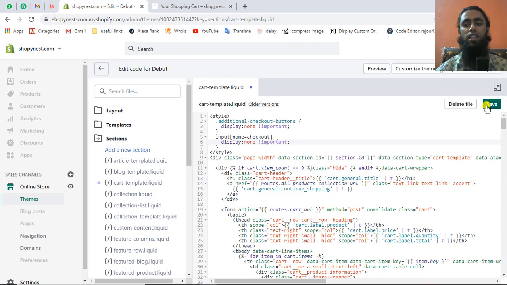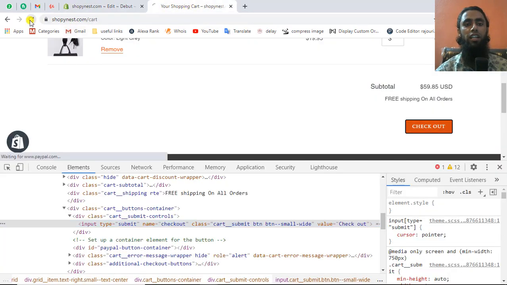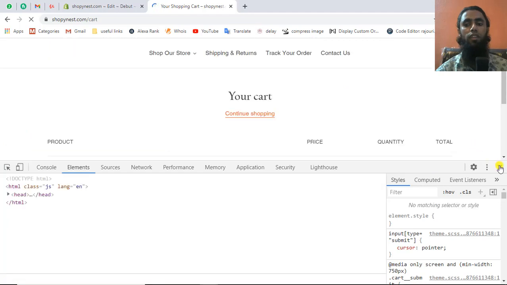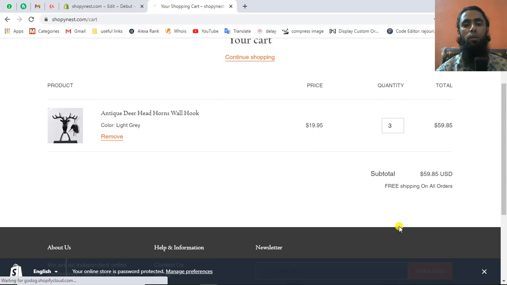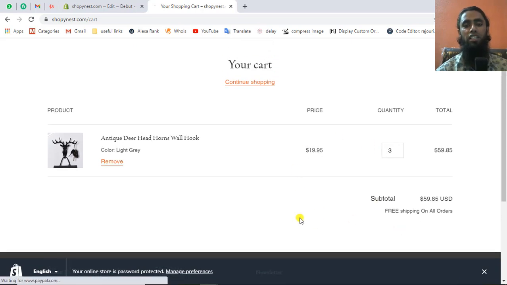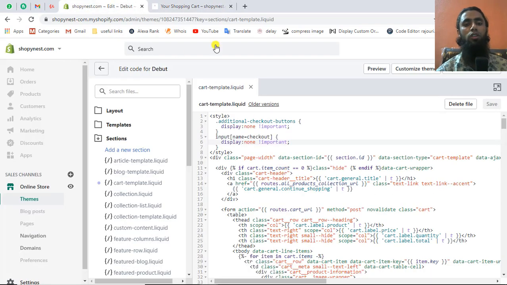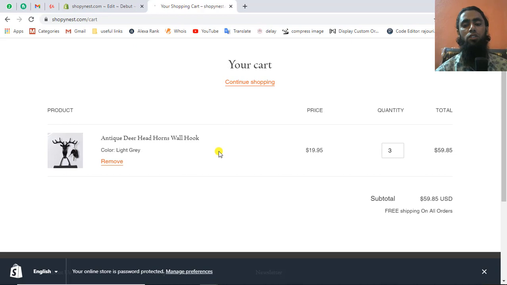So let me save this one and let me refresh this page again. So you can see that the same button has been removed from the cart page as well. So in this way you can remove the checkout button as well as the PayPal button from your Shopify store, right? So this is really simple if you will be observing